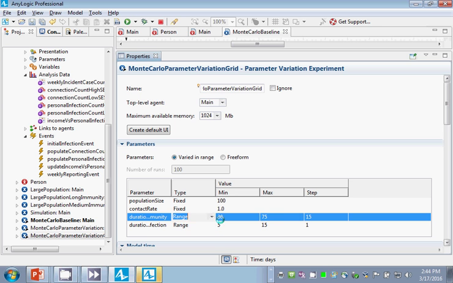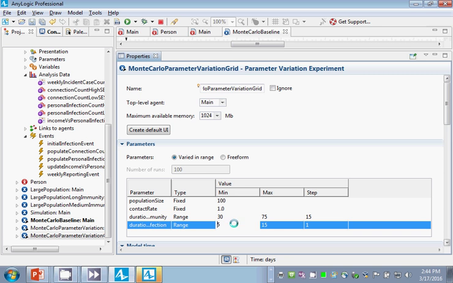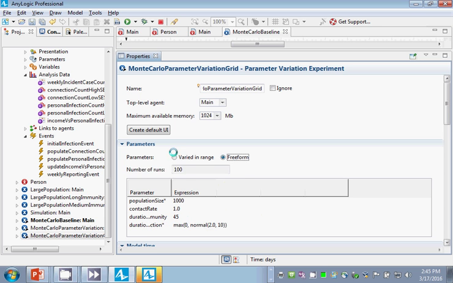Or you close it and you reopen the experiment. Yeah, that's probably it. So this should be varied in range. Yeah, there's one bug in AnyLogic 7.2 or something where it mislabeled these. Okay. I think that's the issue. This is the range. So now we should be able to run that, and it will run it. There are two ranges to be specific. So ladies and gentlemen, now it's running it for different values of those experiments